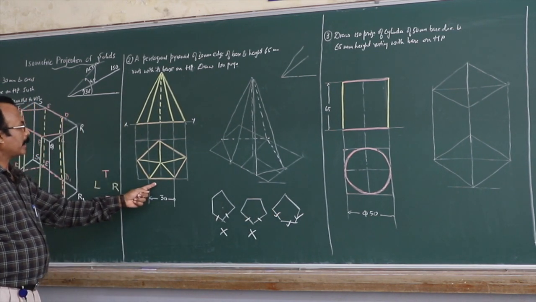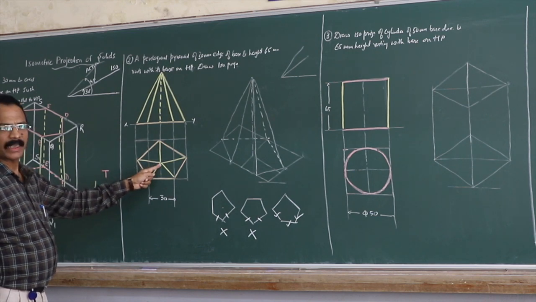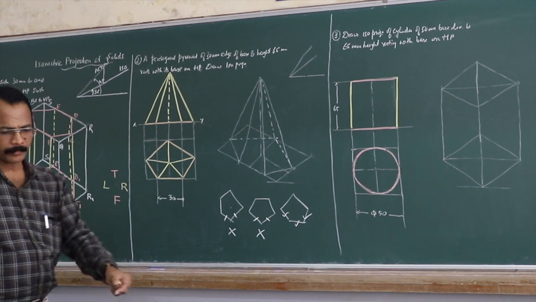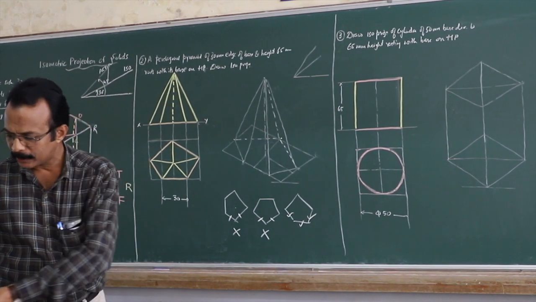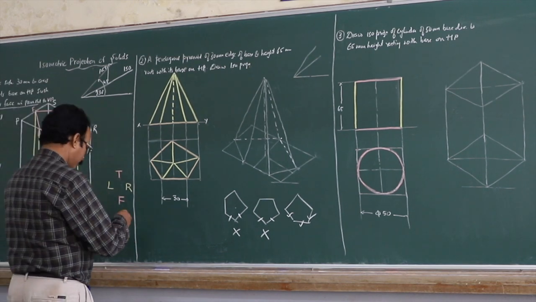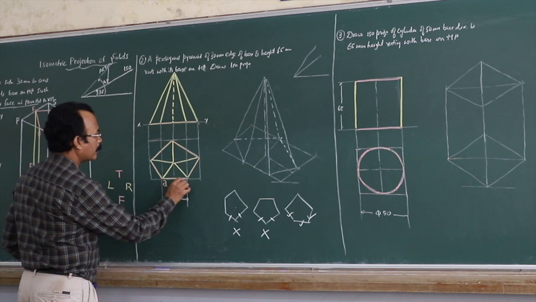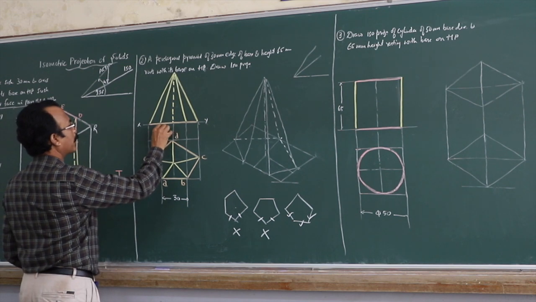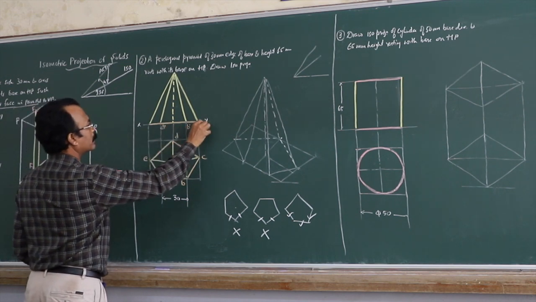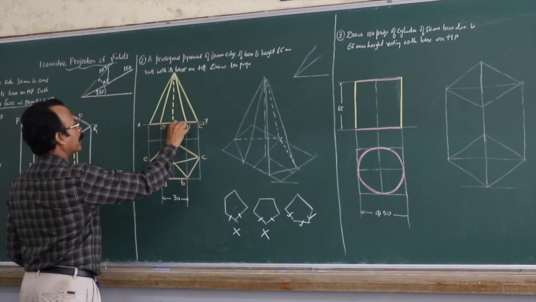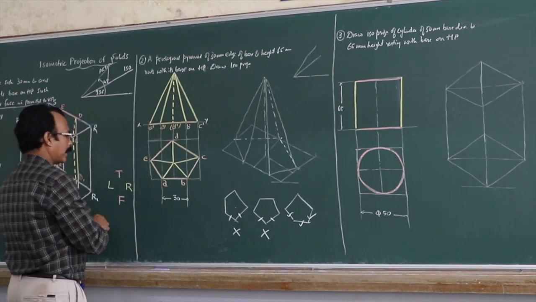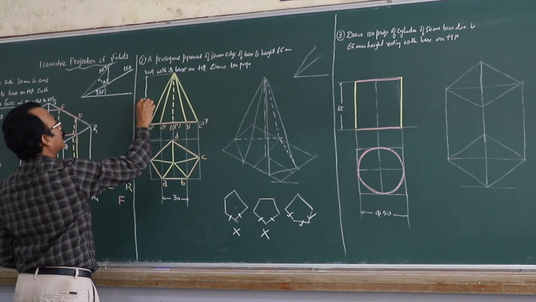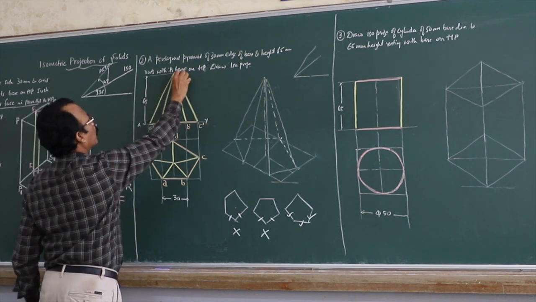So draw the pentagon in the top view in this fashion, get its center, and connect its longer or slant edges. Now coming to the naming part, you can call this A, B, C, D and E. So in front view, A dash visible, B visible, C visible, D is hidden and E is visible. Then you know the axis height is given as 65 mm. So mark it here. This is your O dash.